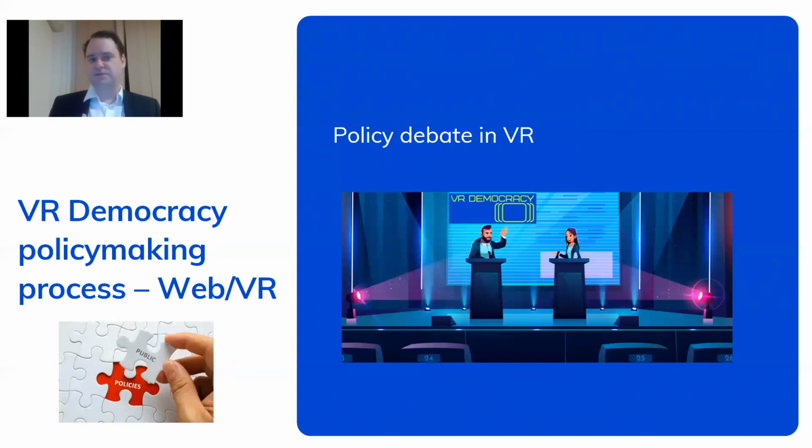Now, there may be multiple policies. We've already perhaps agreed the issue is important, but now what is our solution? There may be multiple solutions. Can we do all of them or just one of them? This might depend on our cost-benefit analysis, and these are the things that are going to be debated in a very fun and exciting way. So this is the essence of the policy debate.